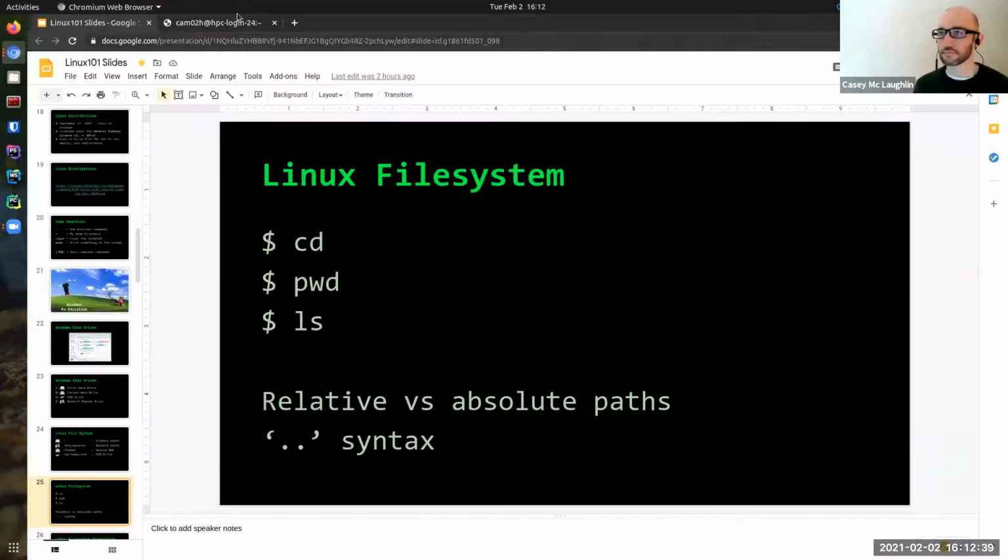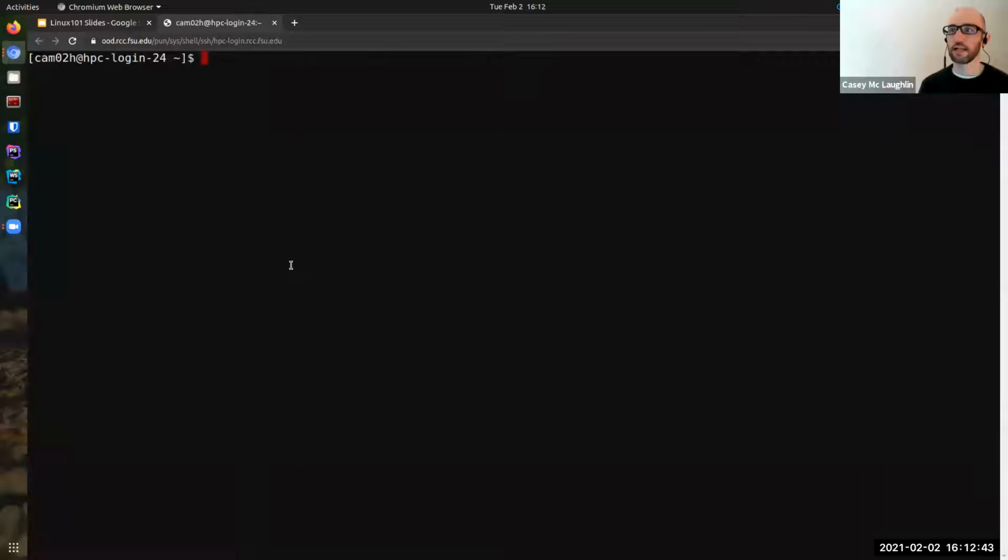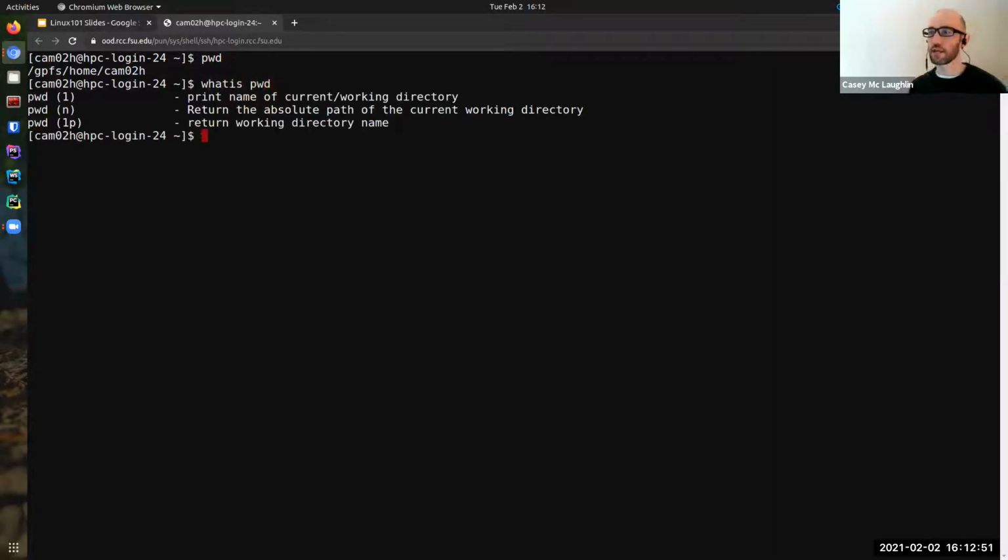Okay, so clear this. All right, so the first command I'm going to show you is pwd. What is pwd? Print the name of the current working directory.